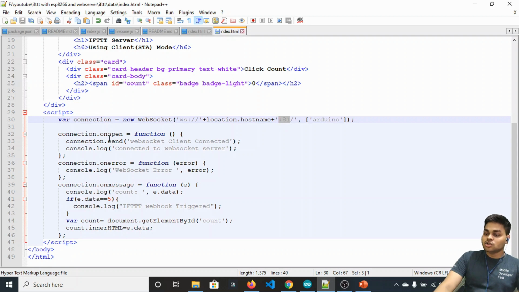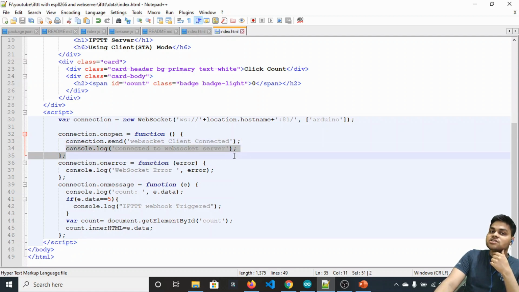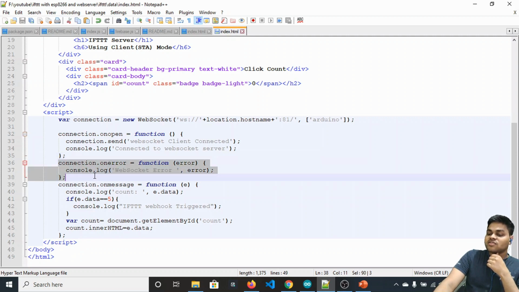In connection.open you can see that WebSocket client connected will be sent to our server, and console.log connected to WebSocket server will be displayed not on the web page, but in the console, the inspect part of the browser. And in connection.on error, if anything goes wrong, the error will be logged to the console.